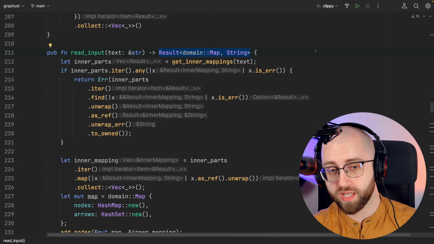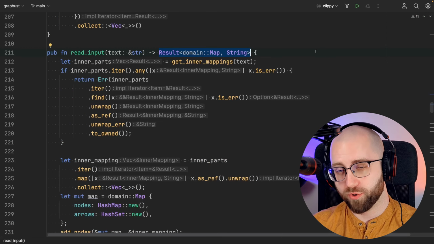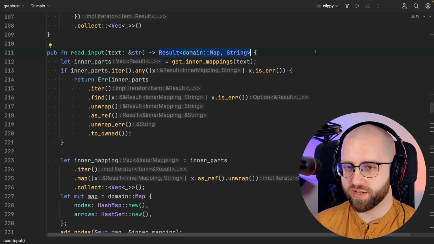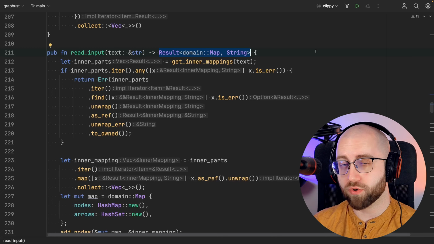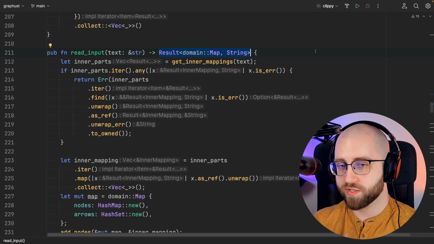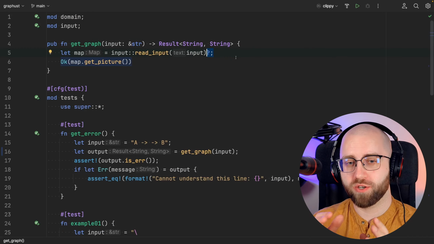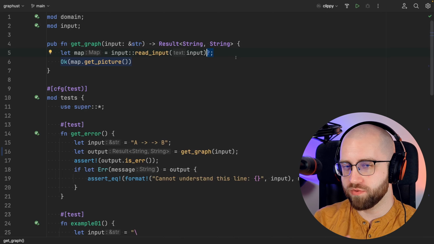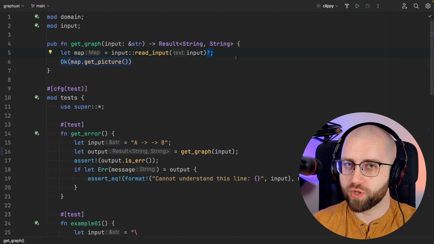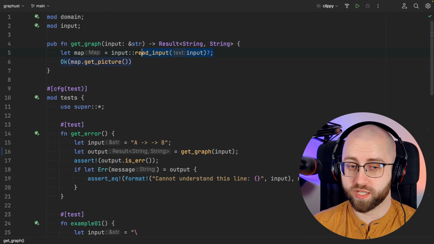The output of read input also is a result. For the OK option, it actually returns a map, but for the error, it also propagates a string. This small question mark propagates the error. So if read input actually will return error, the whole getGraph also returns an error right away and stops execution